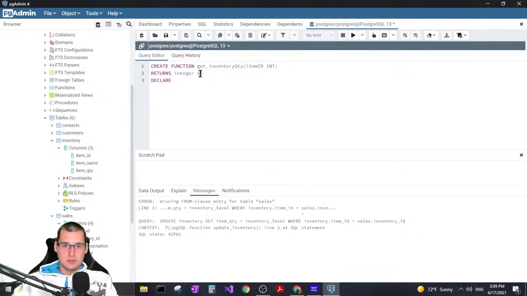It's basically going to return an integer as inventory level. Then we can declare inventory_level, which is an integer. And then we're going to do inventory level is going to equal